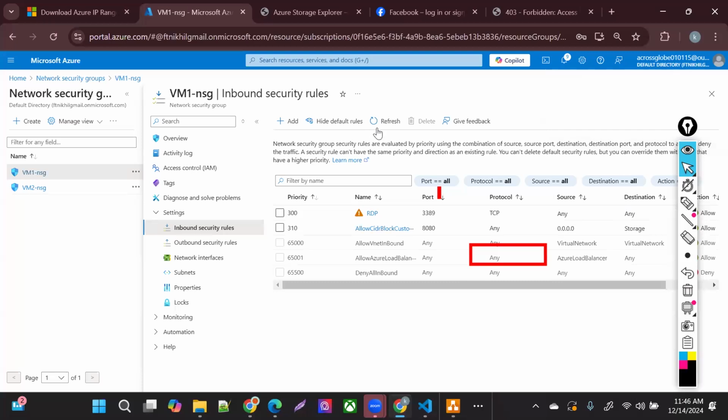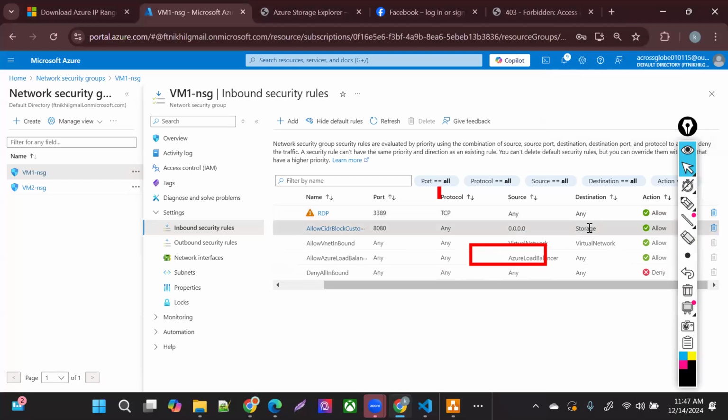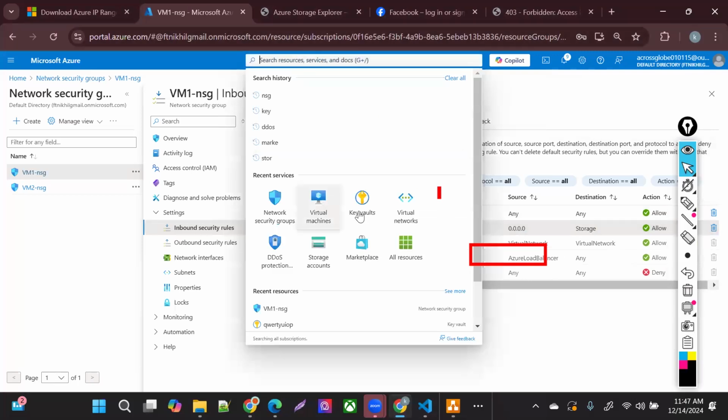Wait for a second, the role is being added. See, now all communication from the 0.0.0.0 IP address with the storage account as destination works. Instead of adding the public IP address and all that, you can access it at the tags level as well. That you can also do with the service tag at the NSG level.